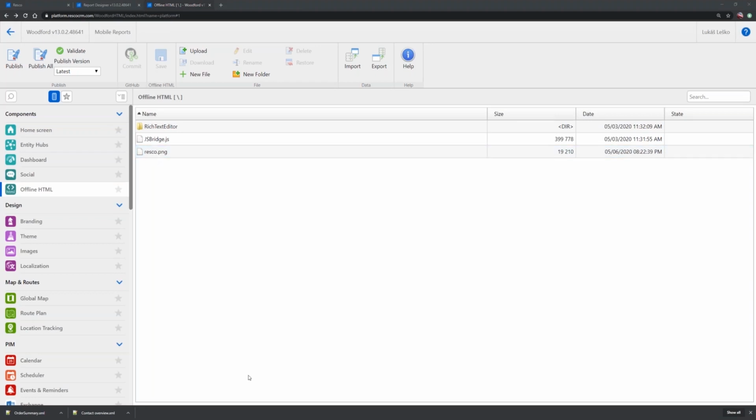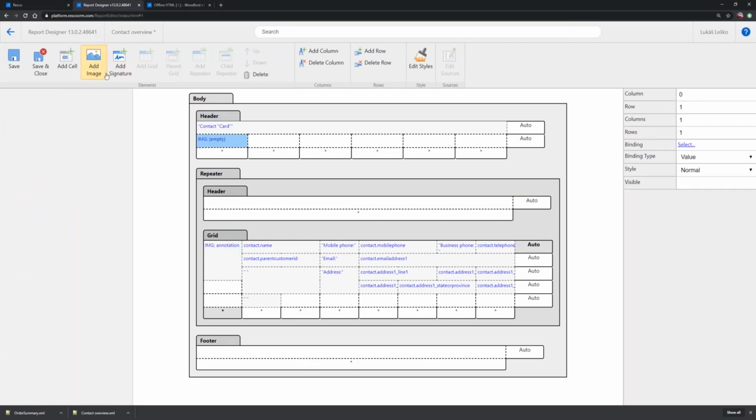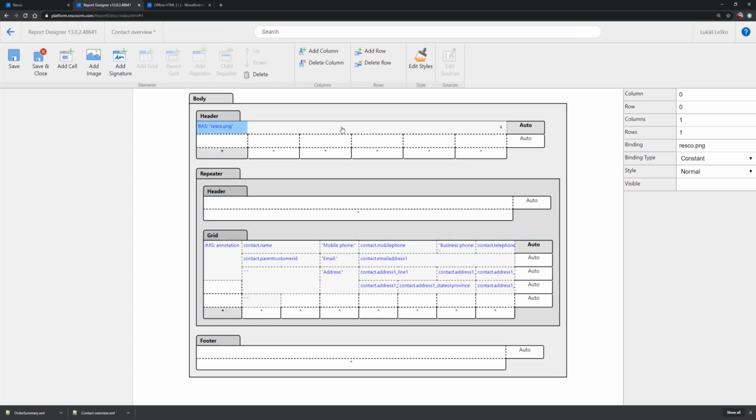So I will go back to Report Designer and add an image here. I will change the binding to constant, and I will add the name of the image as a binding, and that's it. And I will overlay this item over my contact card name, because the contact card name is centered in the middle. And okay,